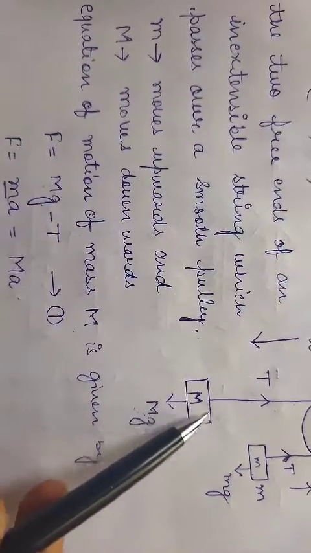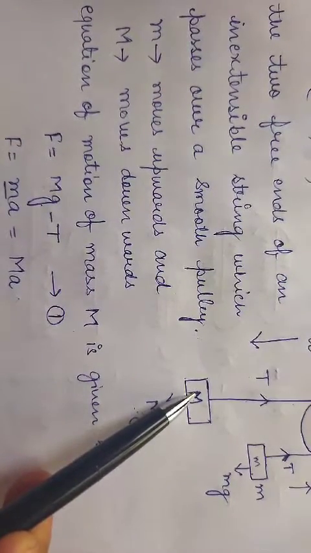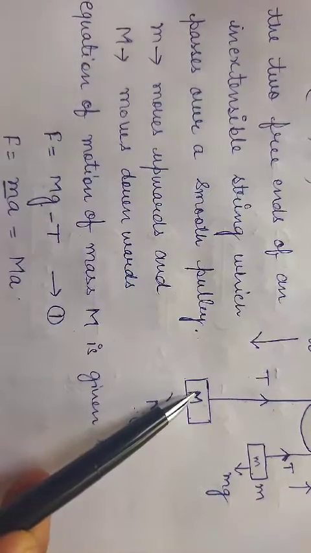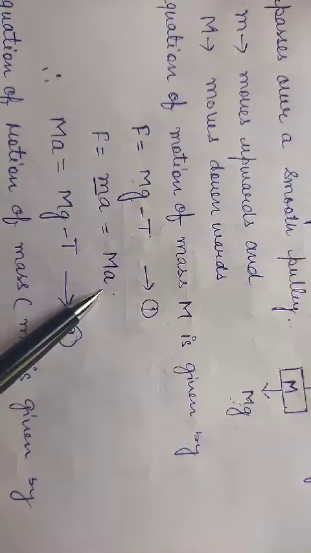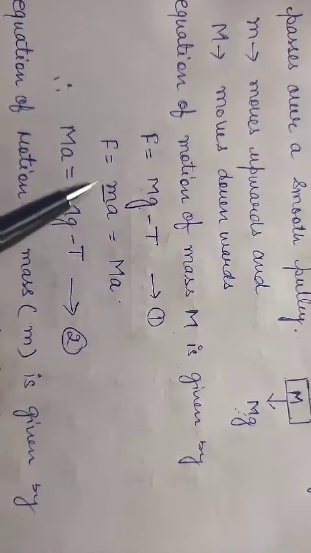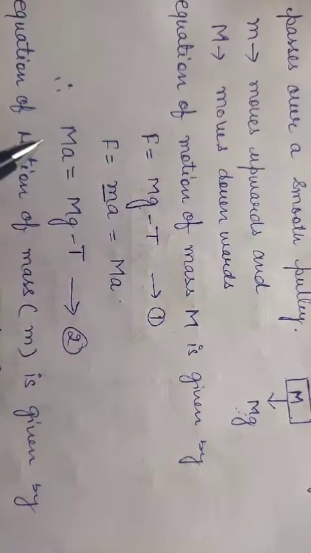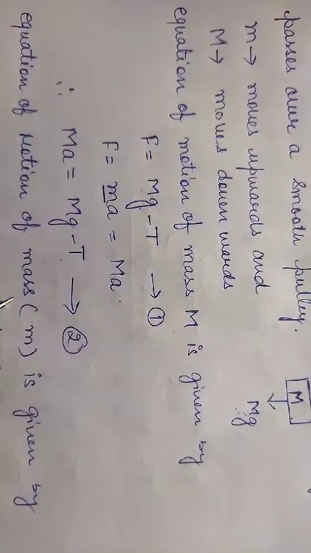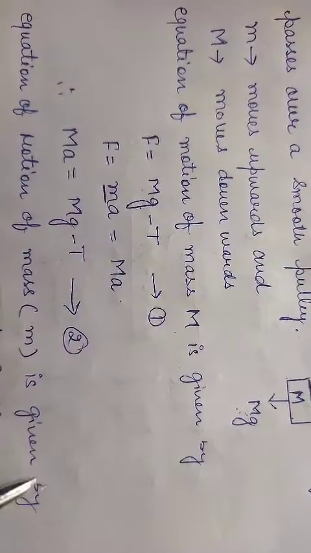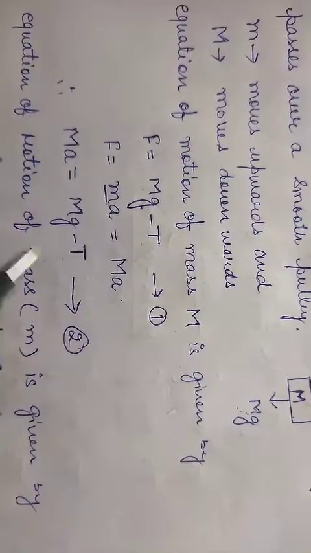Here m is capital M, the heavier mass we have considered here. So F is equal to M into A. Now put this value of F in equation 1. We get Ma is equal to Mg minus T. This is equation 2. Equation of motion of the mass small m is given by F is equal to, now we will